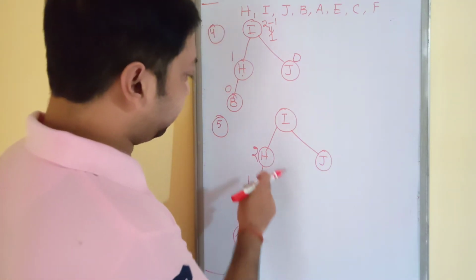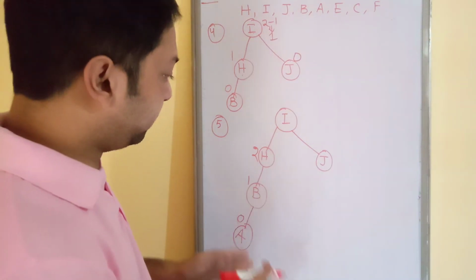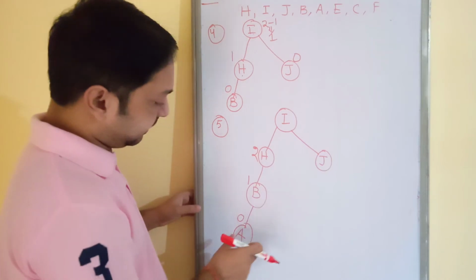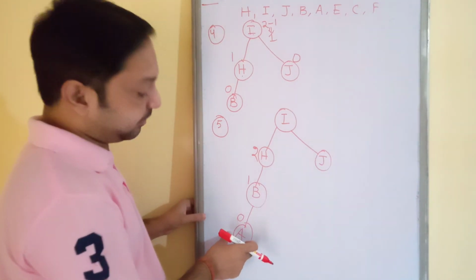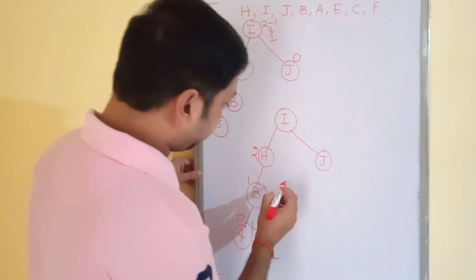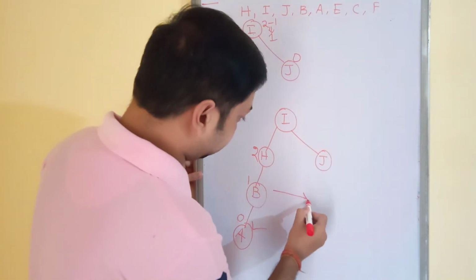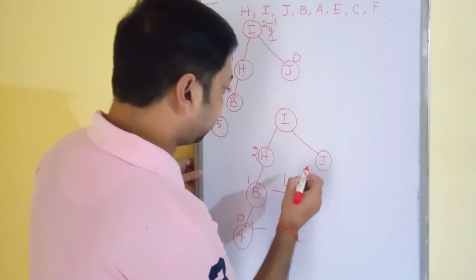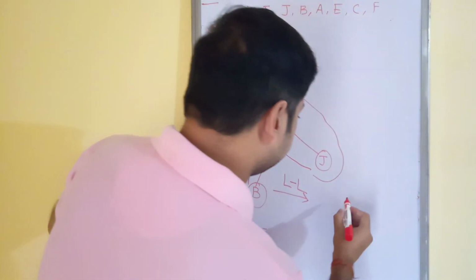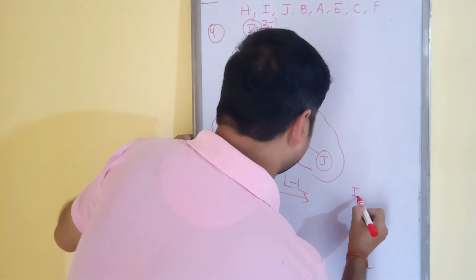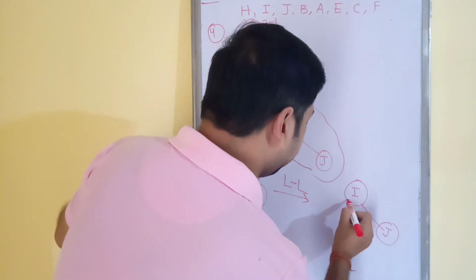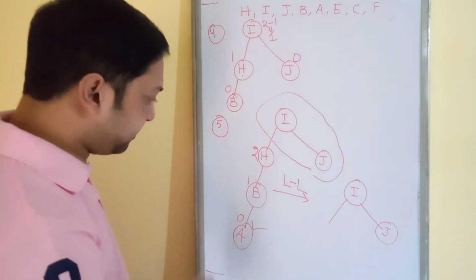Right? Now due to this it is unbalanced. So which rotation do you need to apply here? Left hand side of the root, and the node is again inserted on the left hand side. Due to the presence of A, this tree is unbalanced. So apply your LL rotation. Now this part will remain fixed because there are no changes to this one. So you can see this is I and this is J. Now if you come to the left hand side, you can see H, B, A.